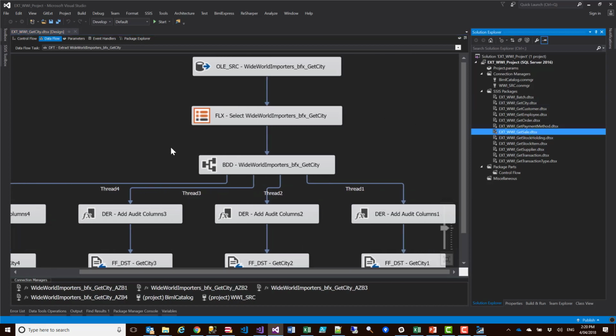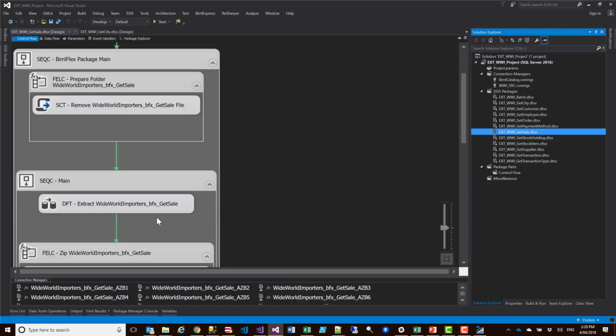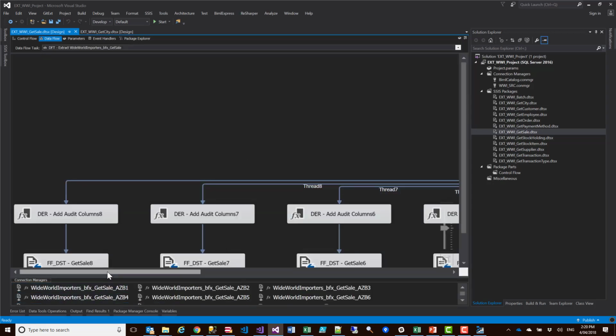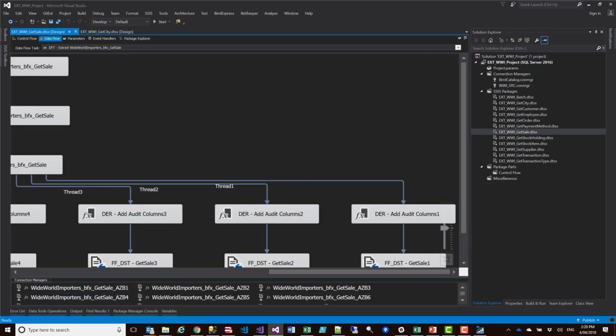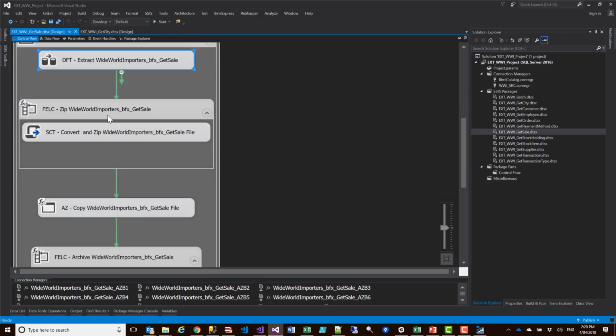If I look at the sales one, it's the same pattern here. It'll actually push it across and drop it into 8 files instead of 4. So as you can see here, it's going to drop it into 8 files. The next thing it's going to do, and again, some of the stuff is configurable, but it'll actually go and